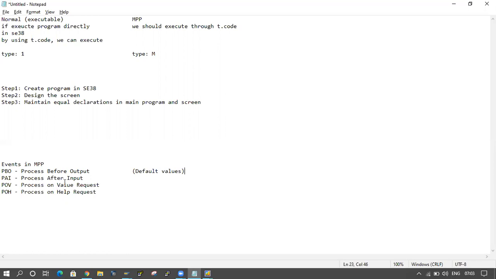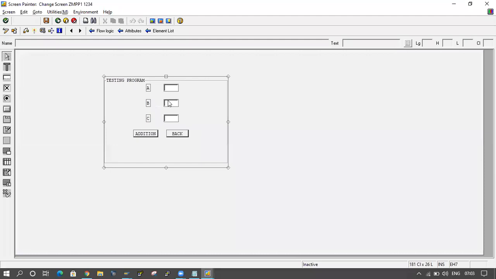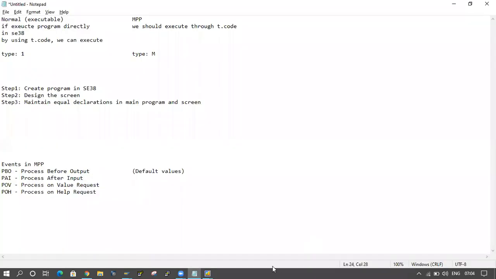Now PAI, when will it trigger? Here I am giving some input, A equal to 10, B equal to 20, and C gets a value. I am clicking on the addition button. If I click on the addition button, the formula C equal to A plus B should execute here. At that time, the PAI event will trigger.